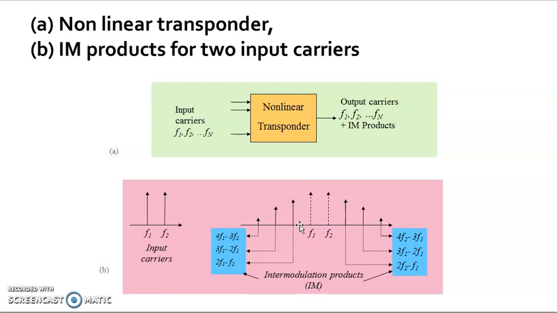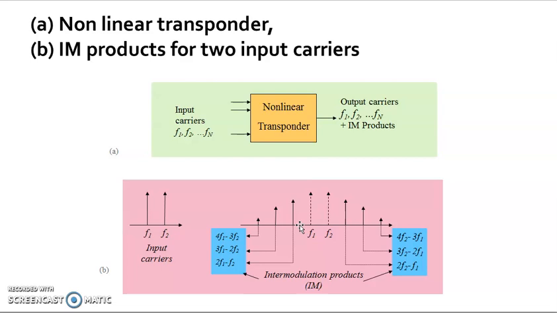That's why we need to know the total input power to the transponder, so that there won't be any intermodulation product. The maximum power has to be limited, and the transmitted power is kept strictly to a specific power limit. So we need to control the power there, and if we increase those powers, then the IM will increase.